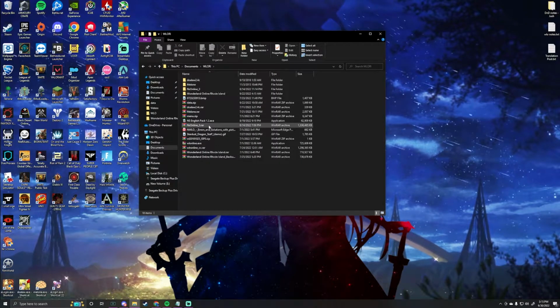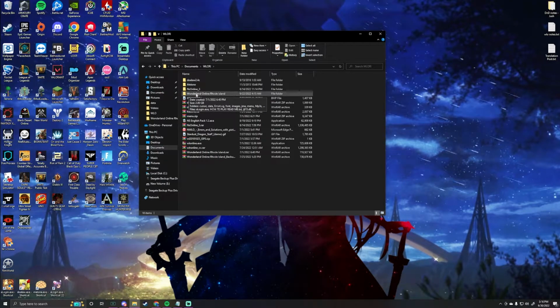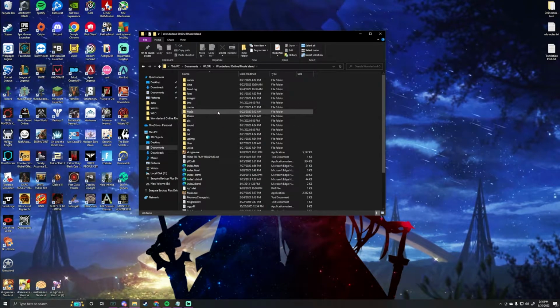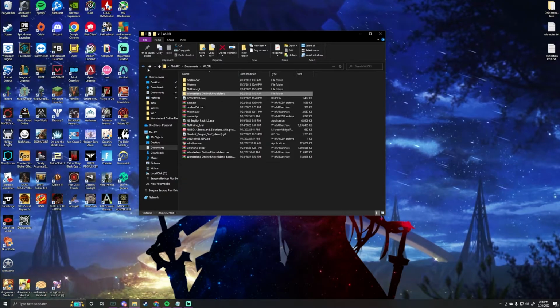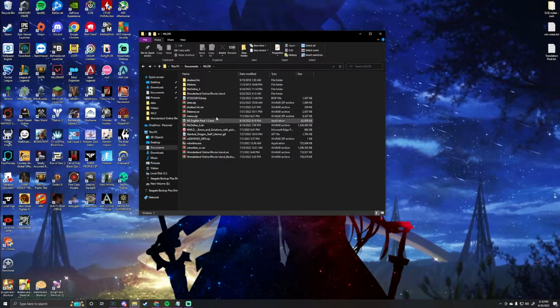Inside of this folder, what you should do is make another folder. I named this one the name of the game, which is Wonderland Online Rhodes Island. Inside of that folder, it's going to be empty for now. The other things that you see in this folder are either pertaining to the game in some way, or they are